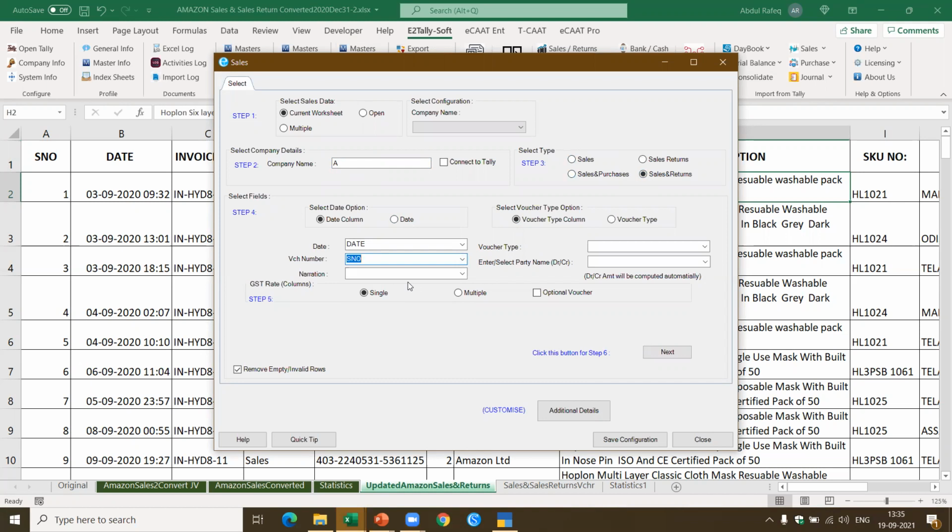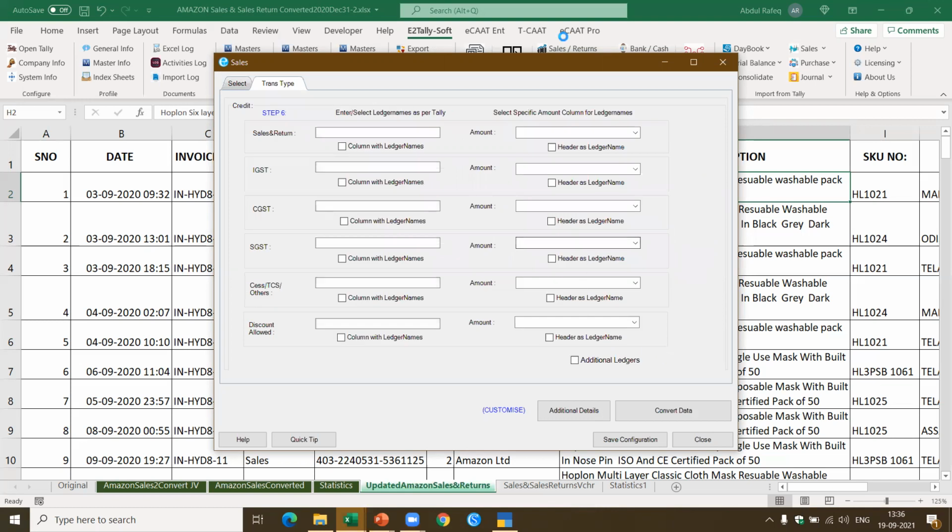Now I've given this voucher number, you can give a voucher number or whatever is apt for you. For product description, I'm taking the voucher type, which is the transaction type. I'll select the party name, which is the party ledger debit. Now this completes the debit part. I selected the debit, and the credit amount will be computed automatically. I say next. Now here I have to select the sales.